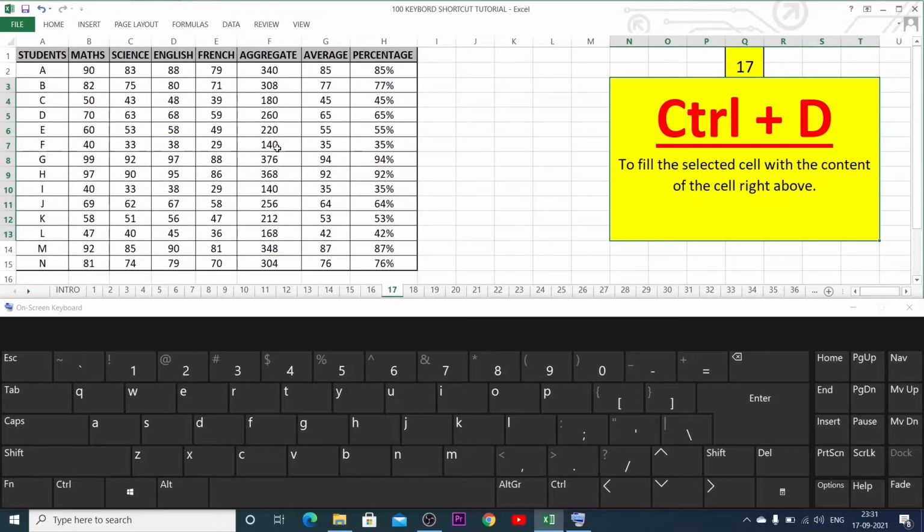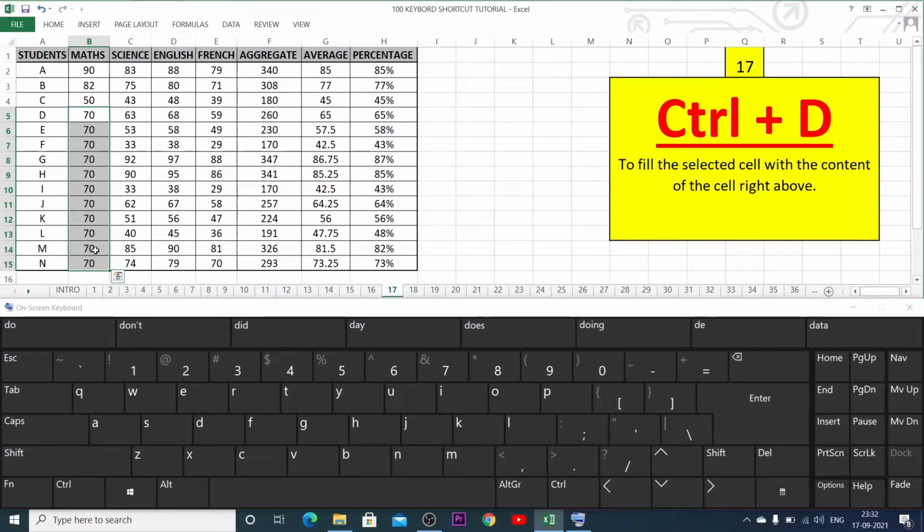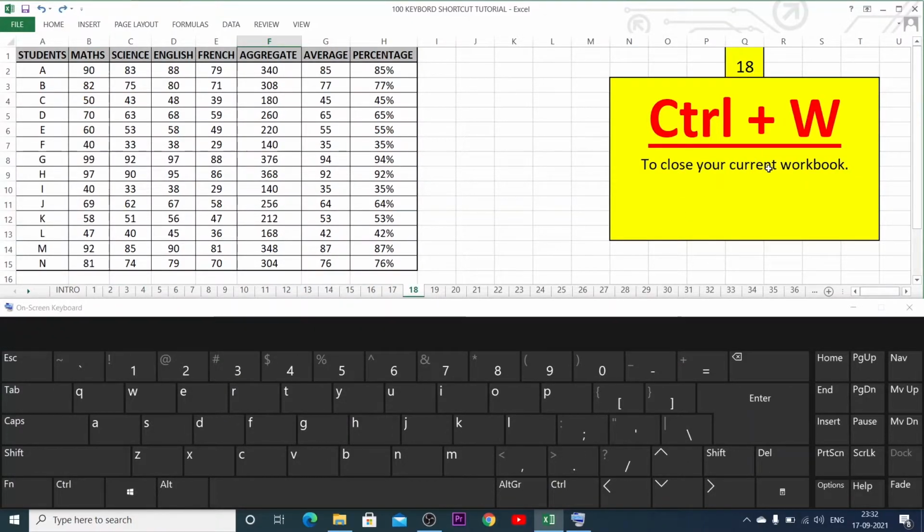Ctrl D to fill the selected cell with the content of the cell right above. Ctrl W to close your current workbook.